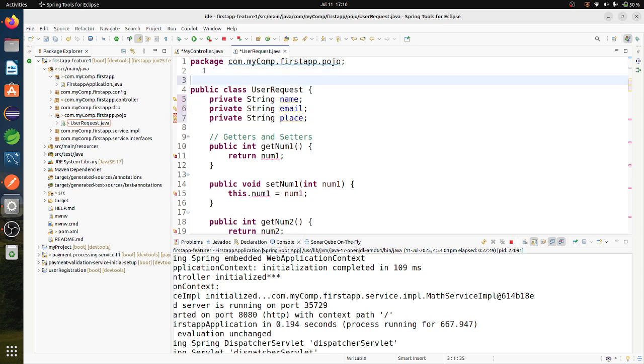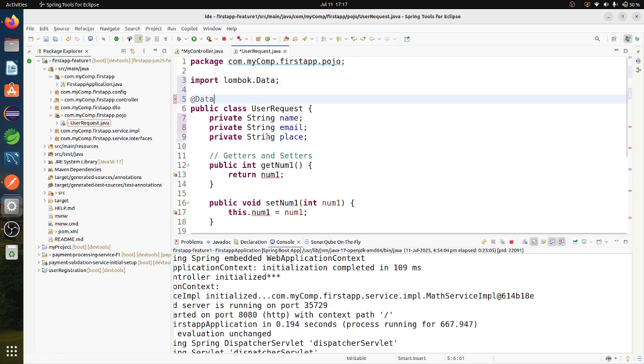That means I am taking the user request, and that user is going to pass these types of values. I am going to take those values as request body, and I want to pass this request to another layer. I can use data here instead of writing all those values.